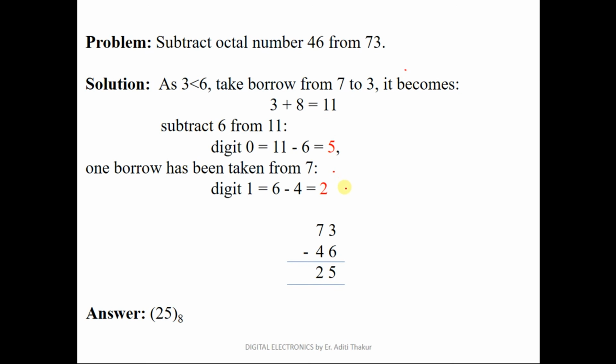But if we have to subtract a bigger number from the smaller one, for that, whether it exists in octal or hexadecimal or decimal or binary, we have to follow the complement method, which we have studied previously for the binary number system. It is also applicable for octal as well as for the decimal number system. So in the next lecture we will proceed with that.